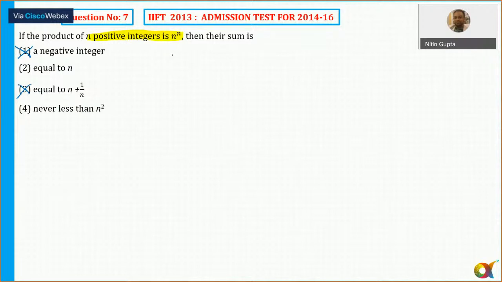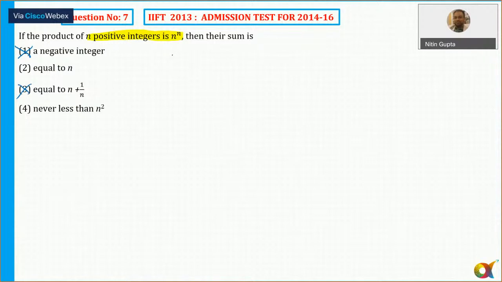Okay. And it is equal to n. We can't say equal to n because it depends upon the values of n. You can try with there. So it is actually never less than n square. Now, अब दूसरा मेथड, एक तो ऑप्शन से एलिमिनेट कर सकता हूं कि इक्वल टू तो नहीं हो सकता बिकॉज आई कैन ट्राई वन और मैं कुछ वैल्यूज लेके ट्राई करके चेक कर सकता हूं मैं।